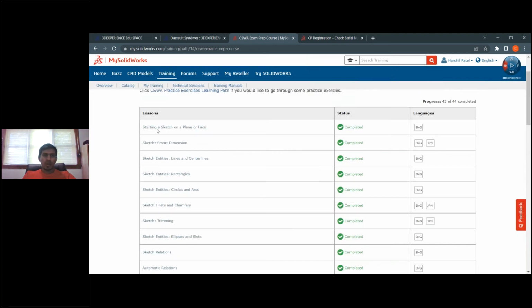Once you complete a particular tool or topic, you just mark it as completed, and you can start learning from the next topic at any time. It is automatically saved, so you don't have to worry.